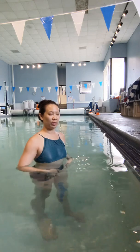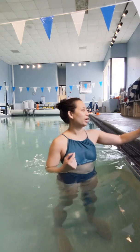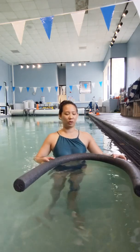And then I want to continue along this idea of symmetry, and what I'm going to do now is work through this contract-release pattern through my quadriceps. I'm going to use the help of a pool noodle. For me, my body tends to really want to sink in the water, especially when I'm at this chest height level. So I'm going to insert a noodle between my legs, and that's going to buy me time